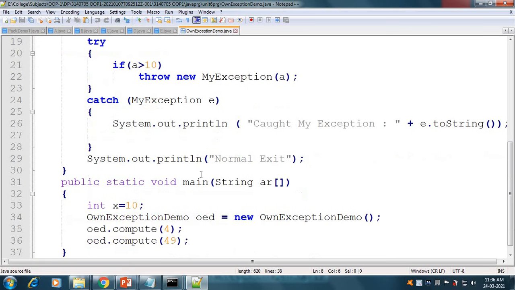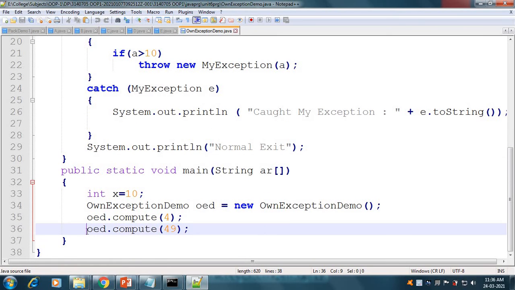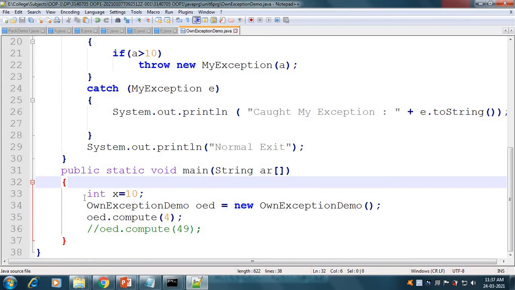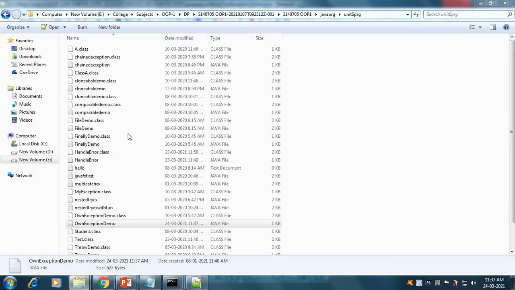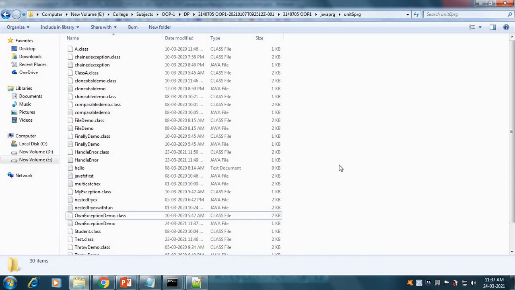So we will run this class. For it we will comment out the first call, and only run with the number 4. The OwnExceptionDemo class is there, so we can directly run it.